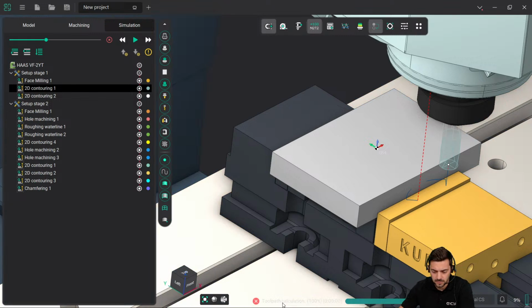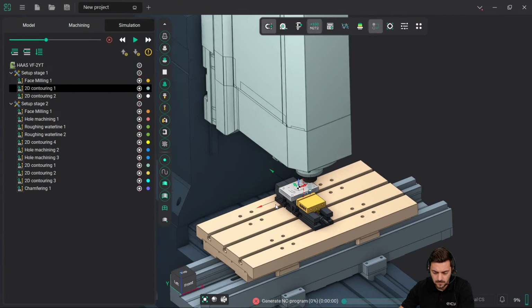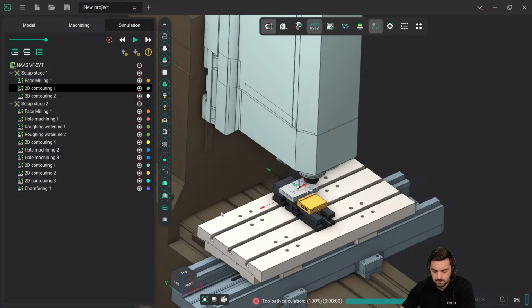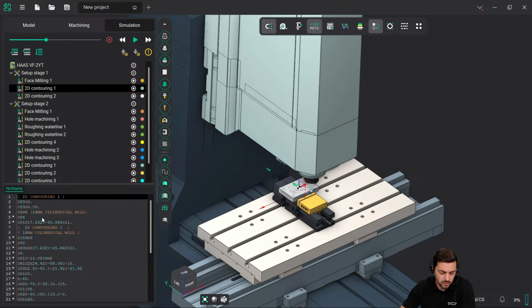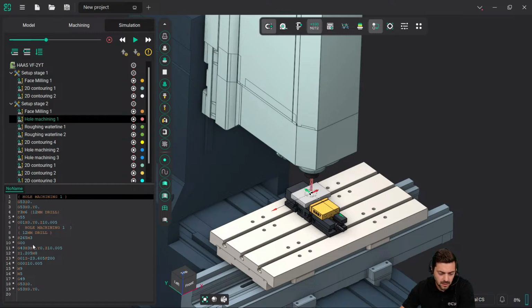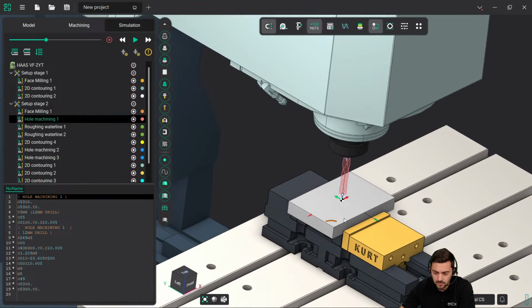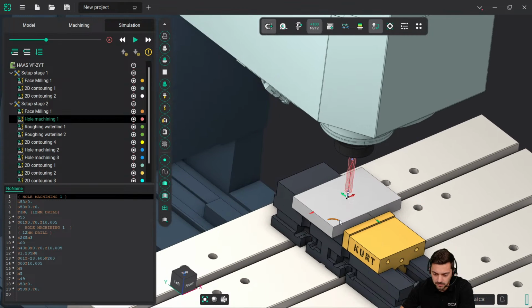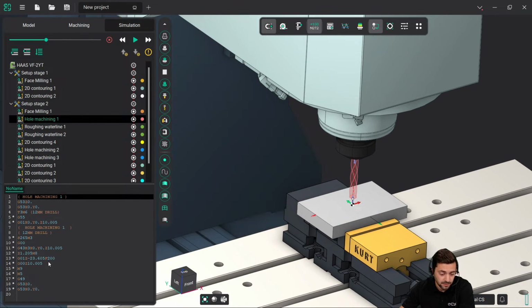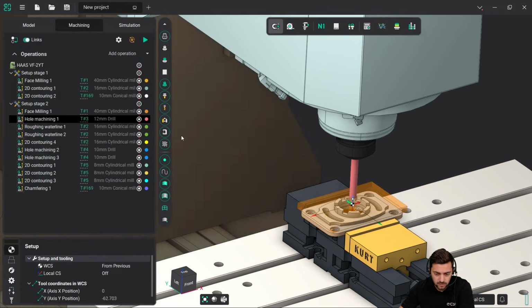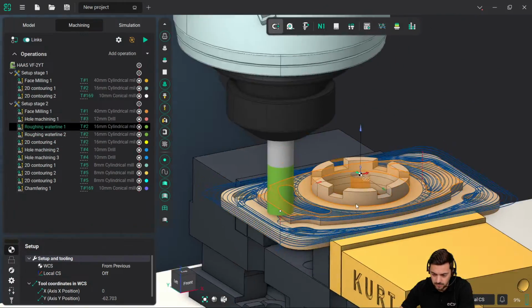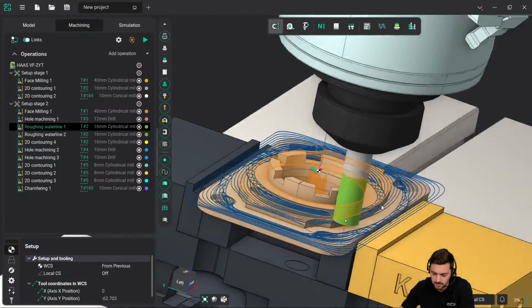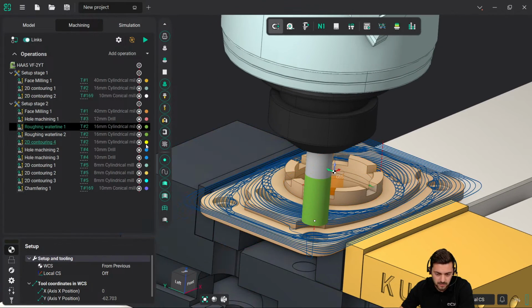We have to wait a little bit for ENCY code generation. So you see, this is the ENCY code. Okay, so this project is not based on the native ENCY toolpath calculation, but it's based on some third-party ENCY code. What I can do now, let's say, for example, I want to change this operation from adaptive to traditional, equidistant, or whatever. I can just disable this operation,